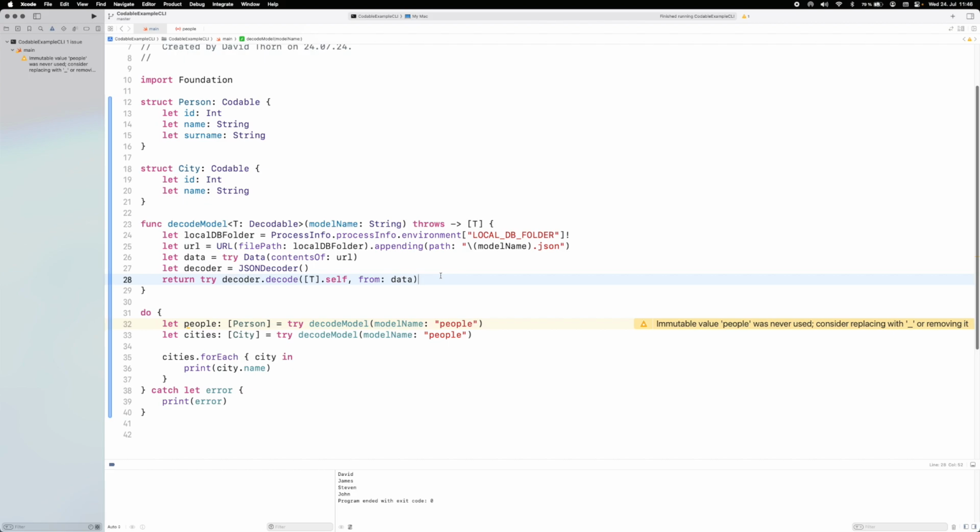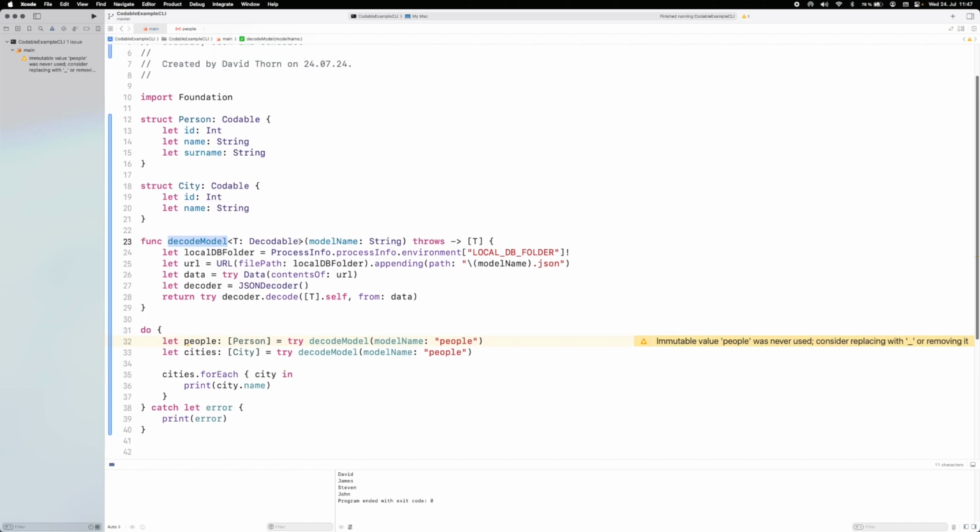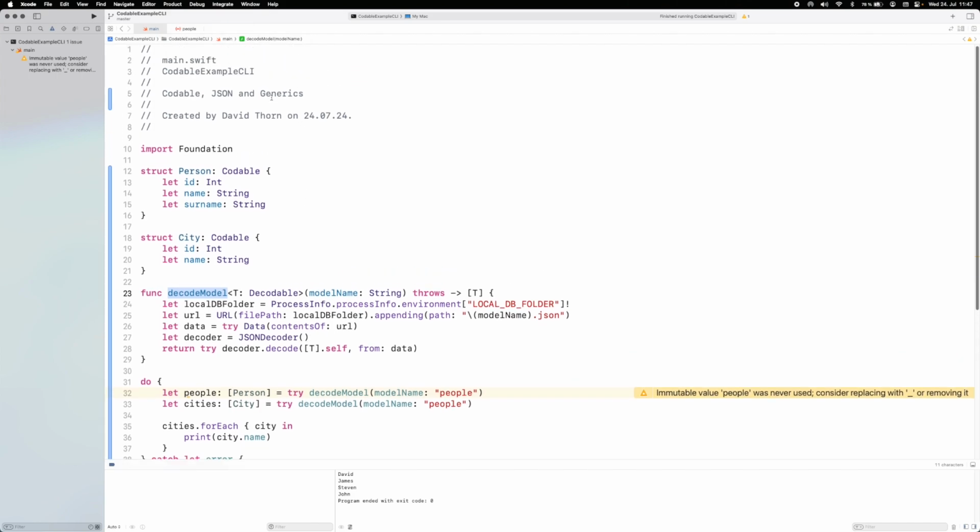You could do a request to the server. You might need authentication, authorization. You might need all sorts of access tokens. You name it, and check whether the network is up or down. So this function could be a lot more difficult. It could be a lot more complex. But once you've grasped how to use generics with JSON decoder and then encoder, you'll see how powerful generics are